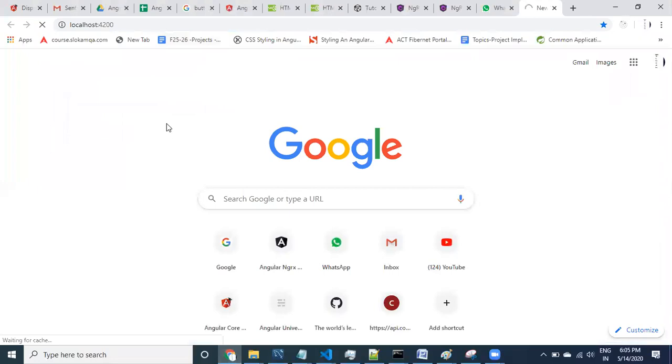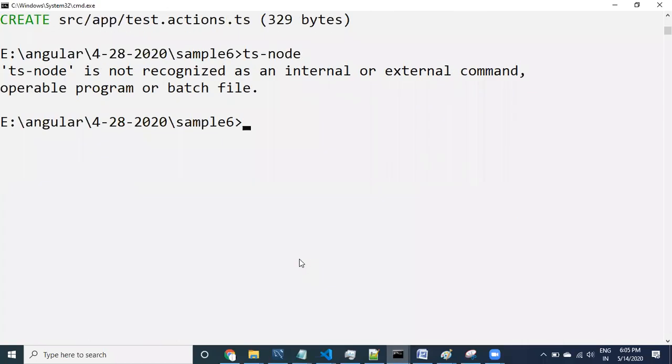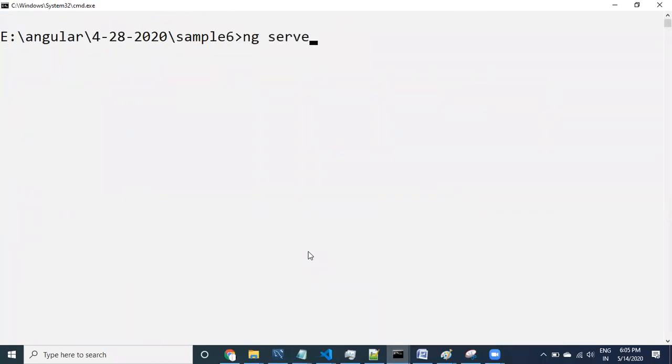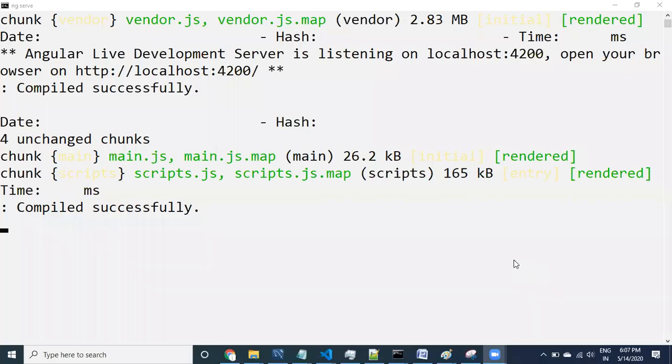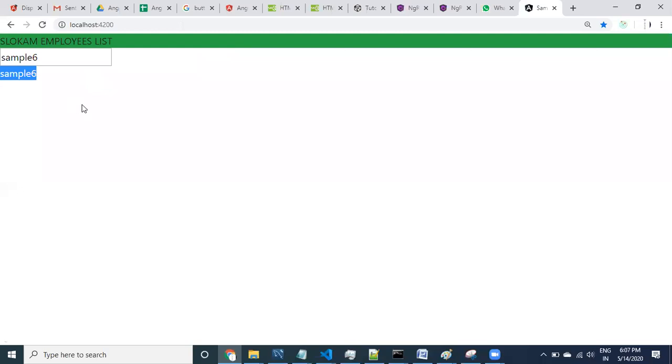Localhost 4200. If the server is up and running... yeah, it is not running. So what I can do is ng serve. See, the server is running now. If I restart this, okay, it is simply saying... yeah, let us look at it, guys. What is this? Sample 6 is coming from